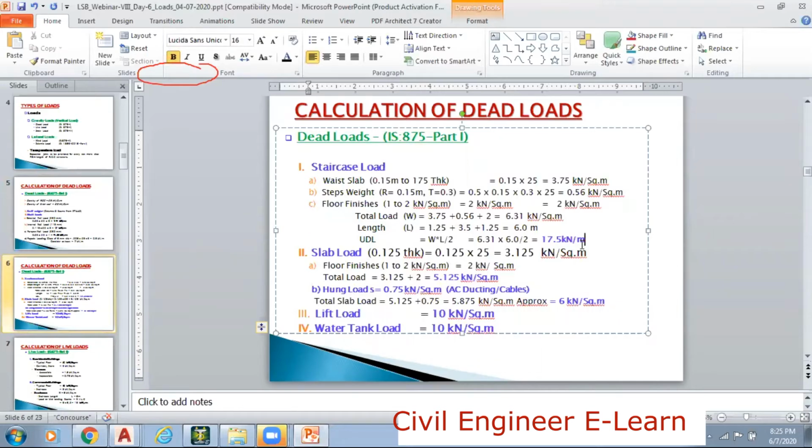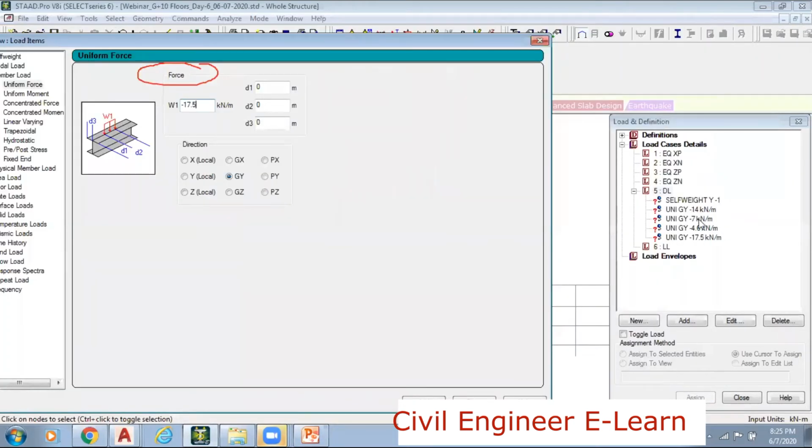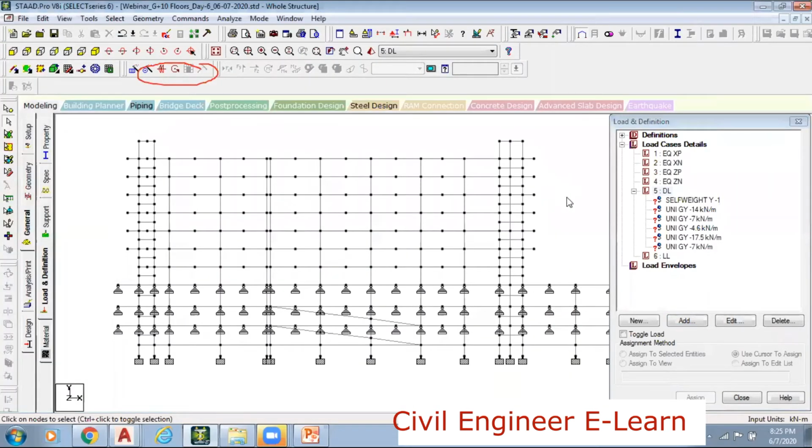Once we add them to the model, then we will be assigning those loads according to the location of the walls. Yeah, that is fine. See, anyway, we don't have an internal wall. If you want, we can add one more wall. And this is -7. Anyway, in our structure we don't have internal walls. Anyways, for your sake, let me just add it. Let me add one more 7 load here, and then close. Right? Yes.